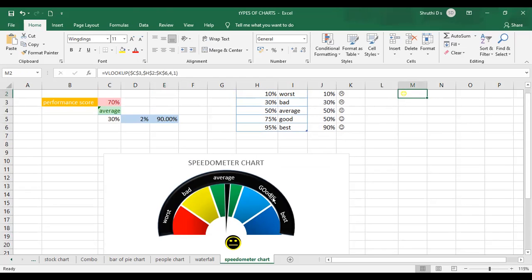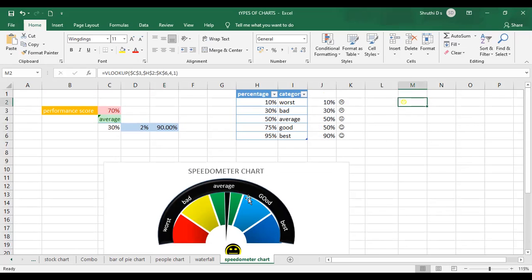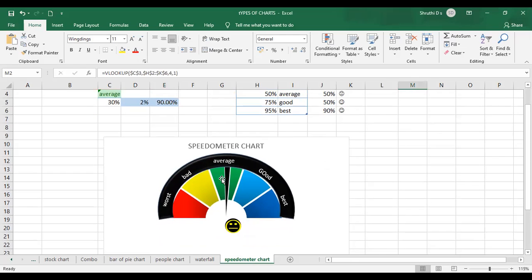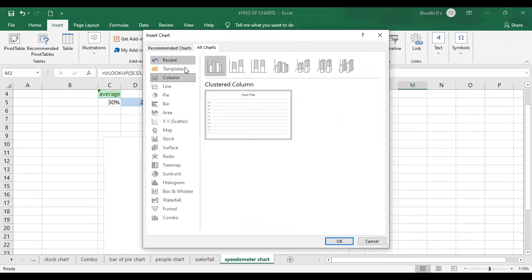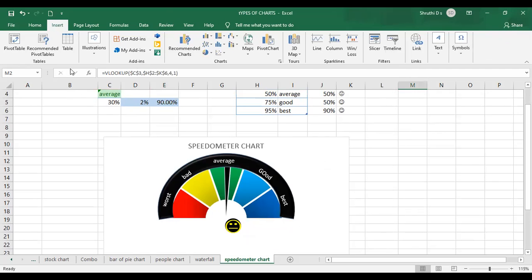Yeah, okay. So how to insert these and everything, when we come to the advanced level, we can just learn it in depth. It is quite a difficult job now because the speedometer chart is not available for us. Once I go to the recommended charts, see, there is no speedometer chart. It has to be constructed based on 2 or 3 other charts. So that is when these steps will be involved.